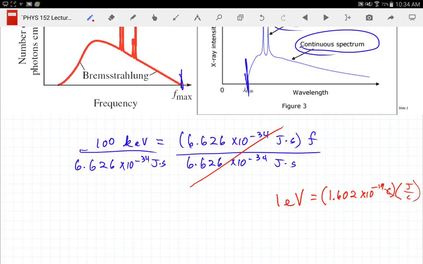Well, those coulombs are going to cancel, and 1 electron volt is 1.602 times 10 to the minus 19 joules. So there's a simple conversion. Now this is a kiloelectron volt. That means 1,000. So I'm going to have 100,000 electron volts times